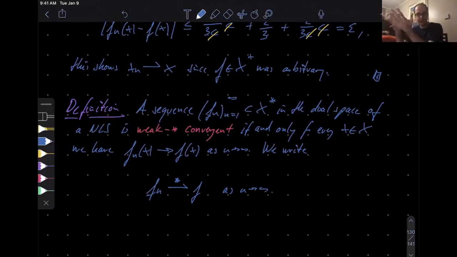I look at sequences of linear functionals, and they are called weak star convergent if and only if for any point that you evaluate on, you have Fn of x going to f of x in the underlying scalar field. All right, that's the weak star convergence. Now in the next lecture we will see how these two notions relate to one another. We will study examples, and then, very much like how we did it just now for the weak convergence, we will gather basic properties of weak star convergent sequences.